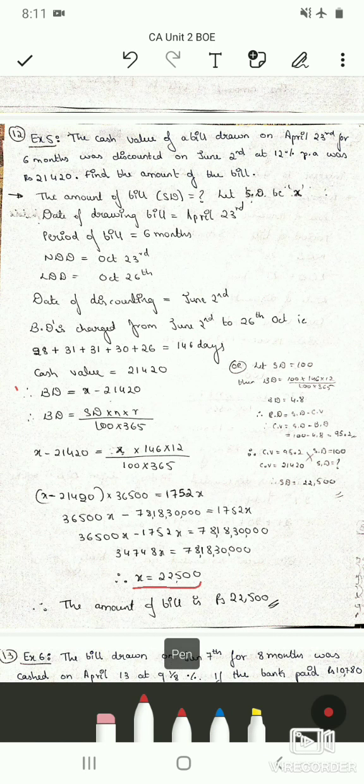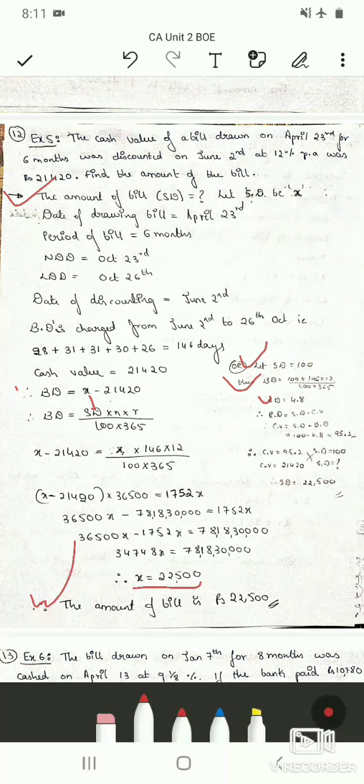So now we got x as 22,500. What is this x? It is the amount of the bill or sum due. So that is asked in the question and we have found it out. So amount of the bill is 22,500. So this is one method by assuming amount of bill to be x and finding banker's discount and then finding the x value. Or else you can take the amount of the bill to be 100 rupees, then calculate banker's discount. So here you substitute 100, n is known, r is known, solve for banker's discount, you will get 4.8.